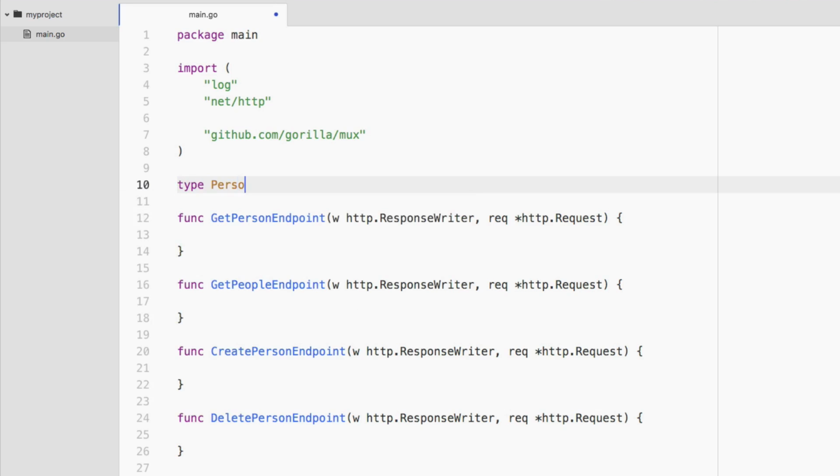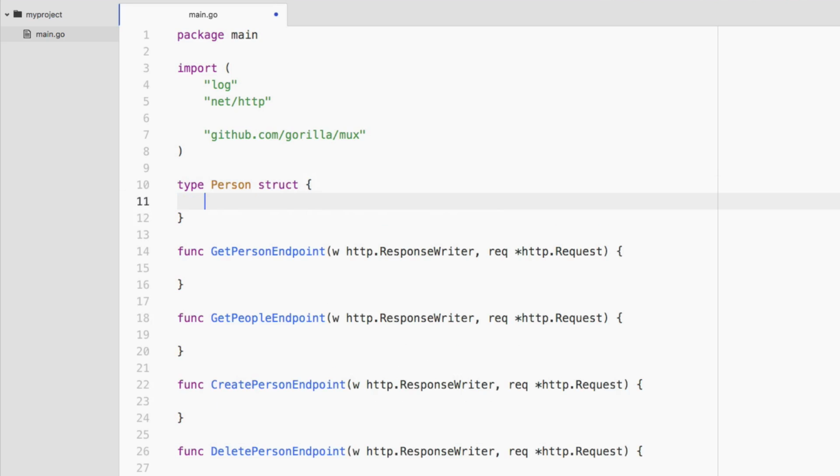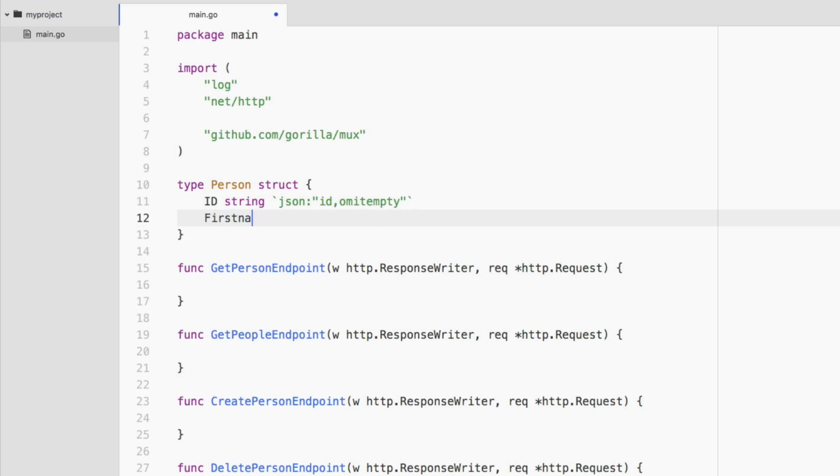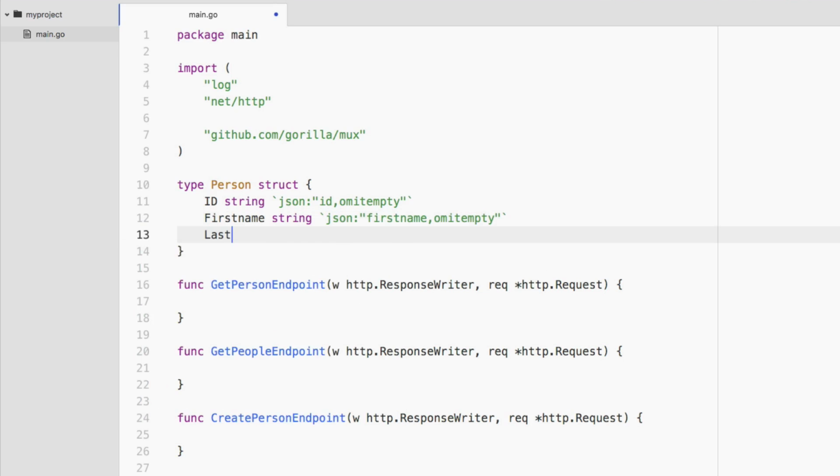So we're going to say type person struct, and this struct will have various information like ID, which will be a string. We're going to map it to JSON data, because the JSON data is what we're going to be returning back to the user. So for example, JSON, and this particular field will be mapped to ID lowercase, and it'll omit if empty. So it will exclude it if it's empty. Then we have first name, which will also be a string. And the JSON mapping for this will be first name, all lowercase, omit empty. Likewise with last name,